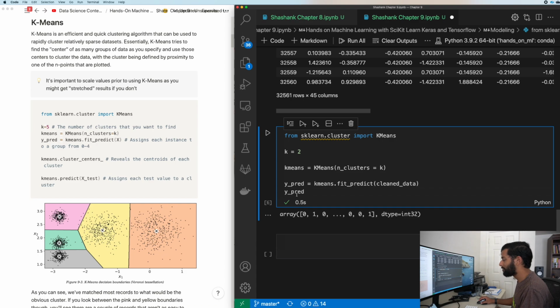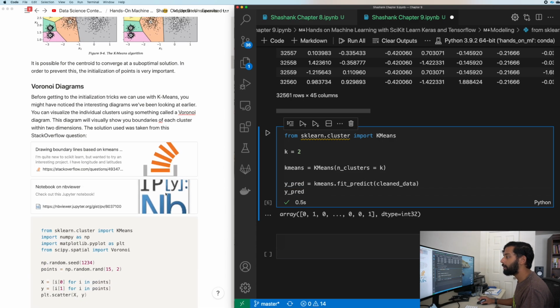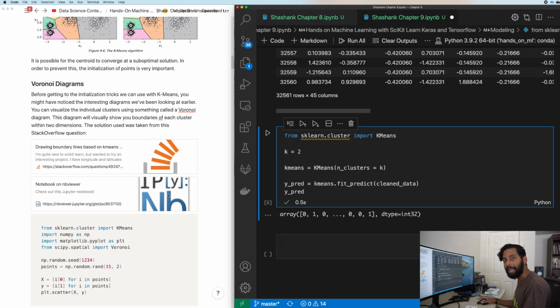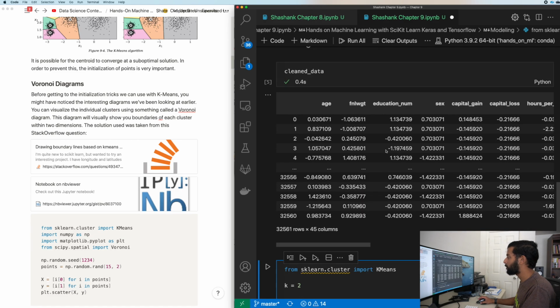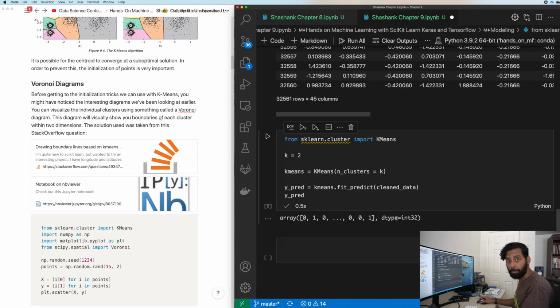So now that we've done our basic classification, you might be wondering, how can we graph this data? Well, if you remember from chapter 8, we did PCA, principal component analysis. What we can do is find the two principal components and then plot all of our data on that, because this is a multi-dimensional data set, obviously. We have like 45 dimensions over here, right? So let's go ahead and find the principal components and then plot our data on that.